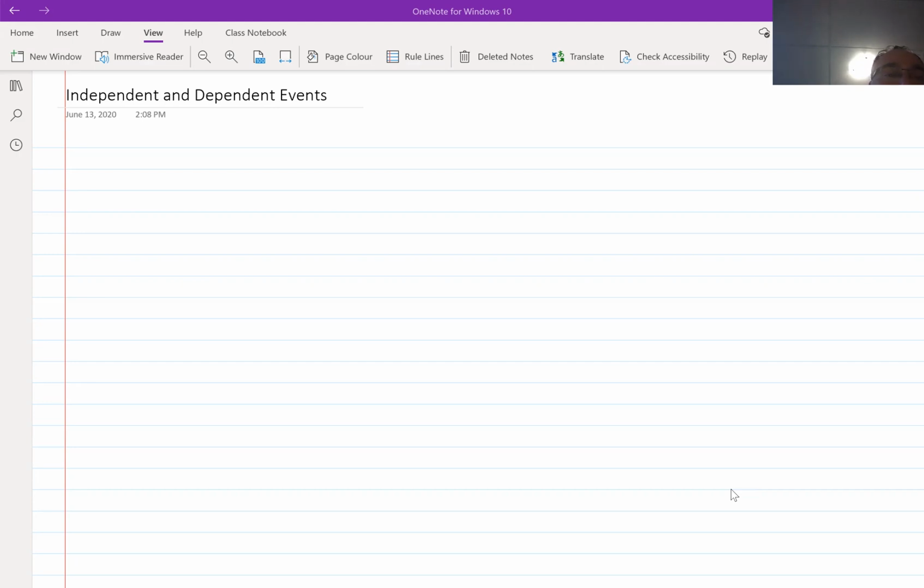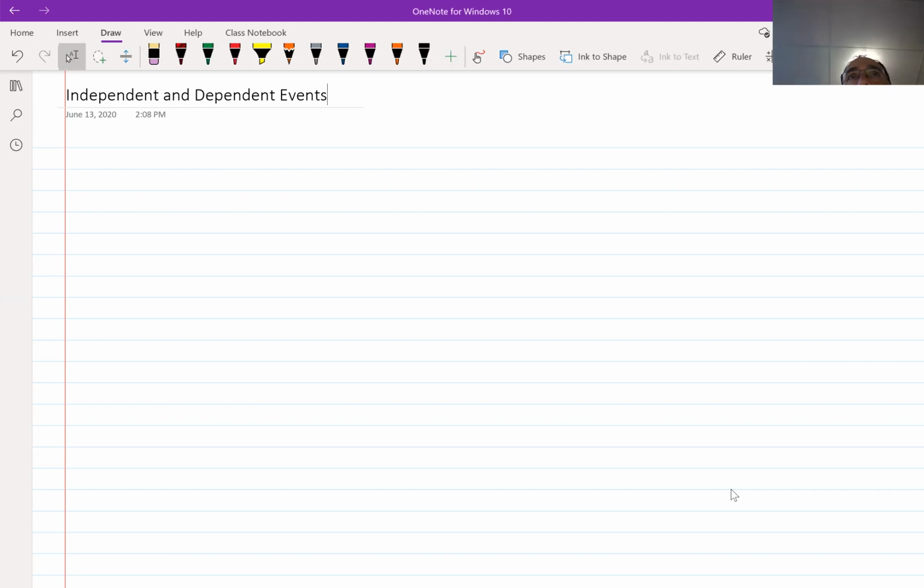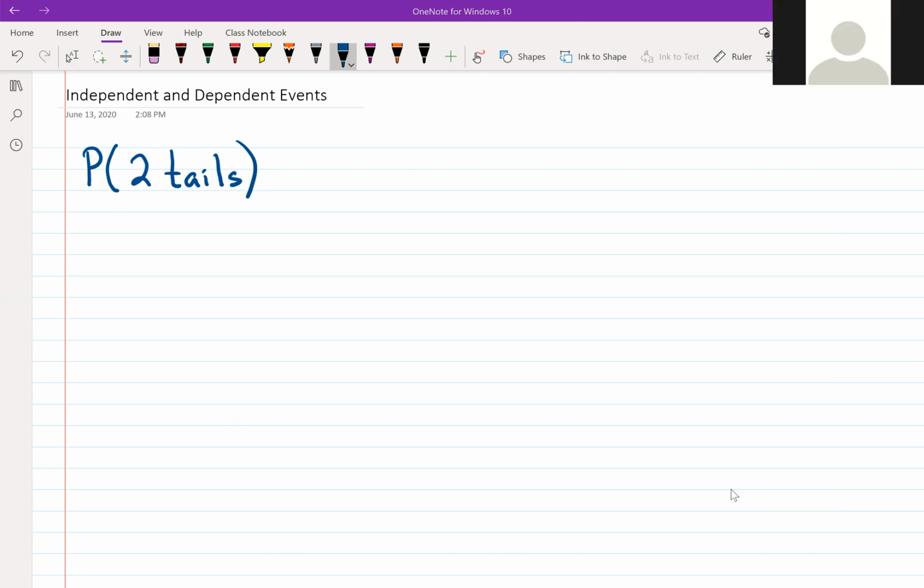So let's take a look at a question involving, let's do a coin first here, okay? So let's say the probability of flipping a coin, and you flip it twice, okay? And the probability of getting 2 tails. Now I did do a little bit of this on the Zoom meeting yesterday, so I'm going to kind of repeat myself a little bit here, but I think it's good to do that just to show you how we use a basic tree diagram to answer questions like this. So the homework sheet does talk about going through a tree diagram here.